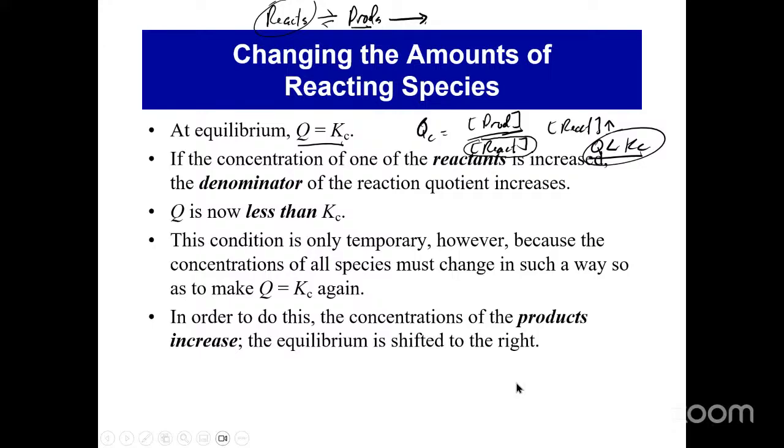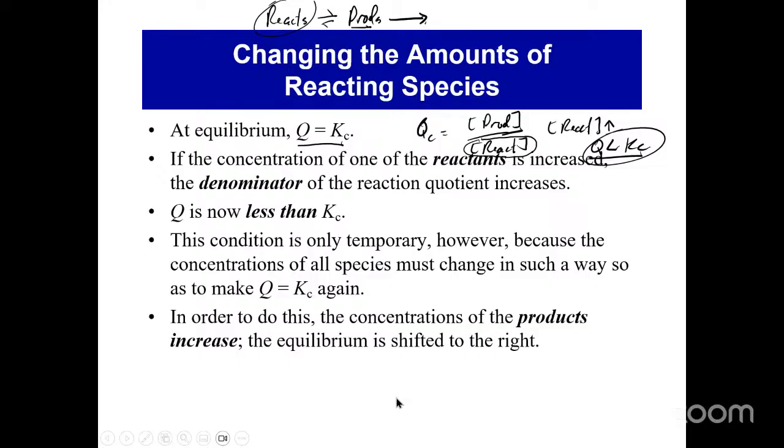So that's basically an example of Le Chatelier's principle, because the principle says that the system will respond by doing the opposite of what? The change you impose on the system. If you reduce the concentration of the reactants, then the system will shift the equilibrium position so as to increase the concentration of the reactants so that the QC will now be equal to the KC value, all right?